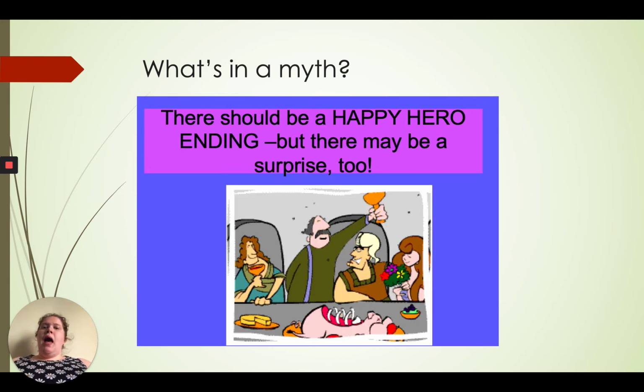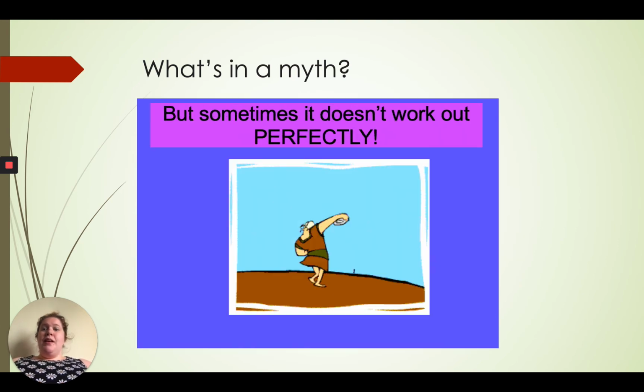But there should be a happy hero ending. But there might be a surprise right at the end as well. It's up to you. Remember, it's your myth. It doesn't always work out perfectly. So,